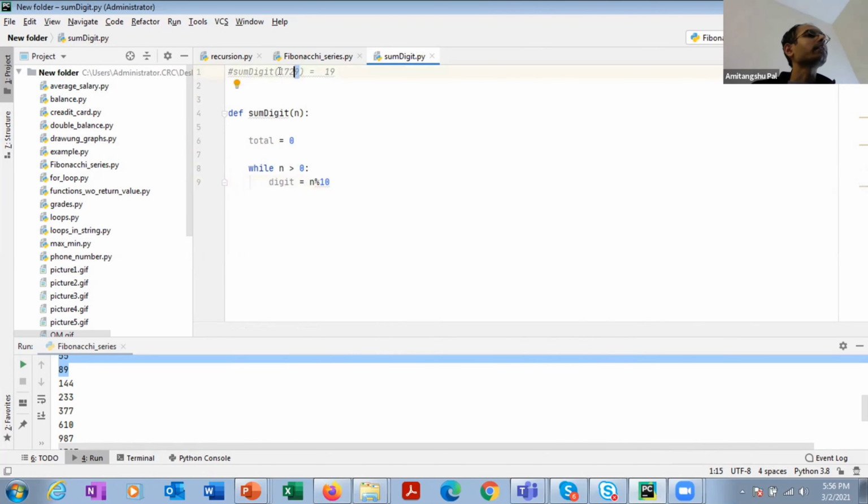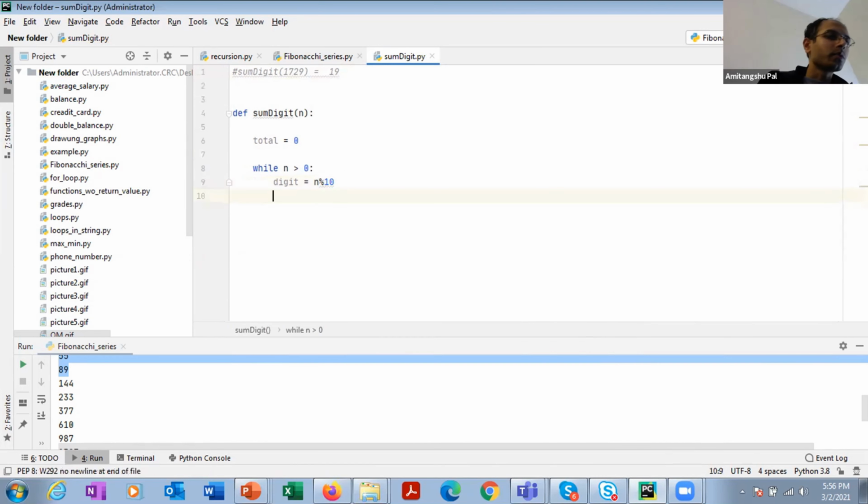If I divide this number by 10, the remainder is going to be 9, so digit is going to be equal to 9. So I'm going to add that particular value to total, and then I'm going to do n equal to n integer division 10.